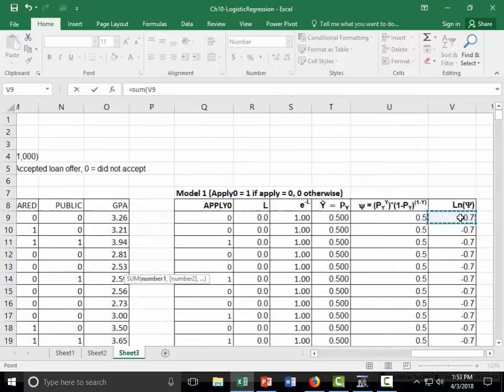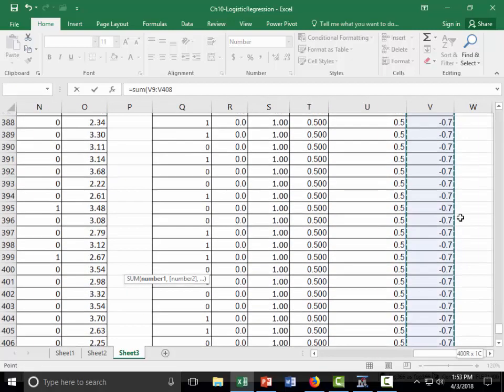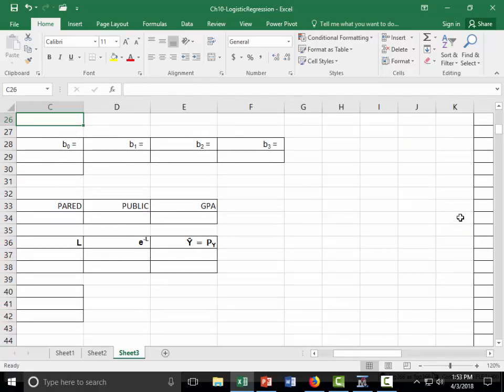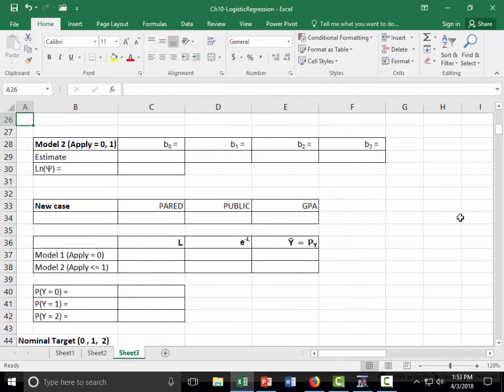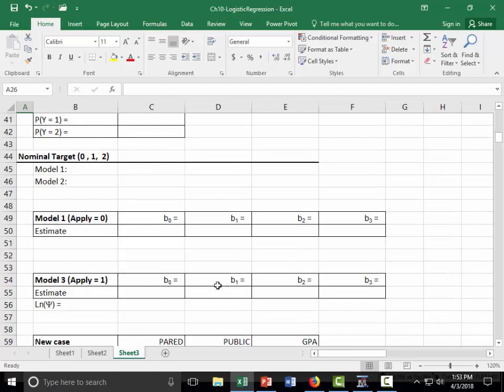Sum of that column. So that's our function for minimization,